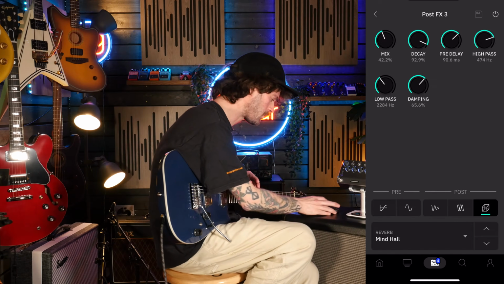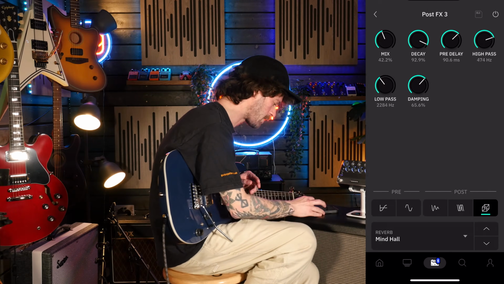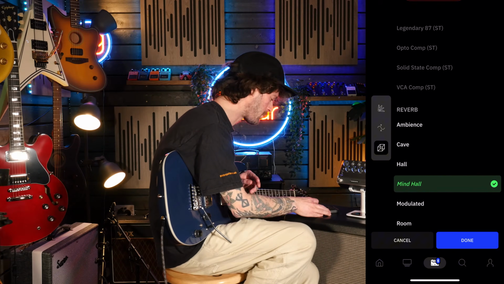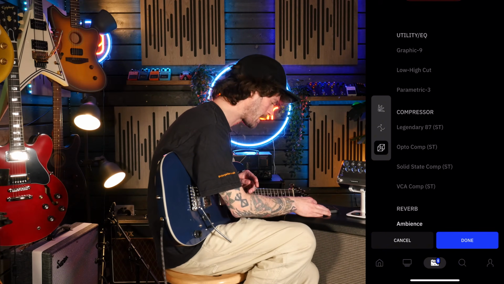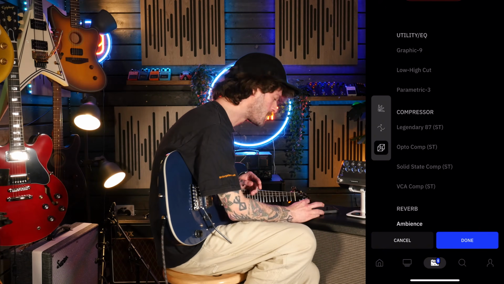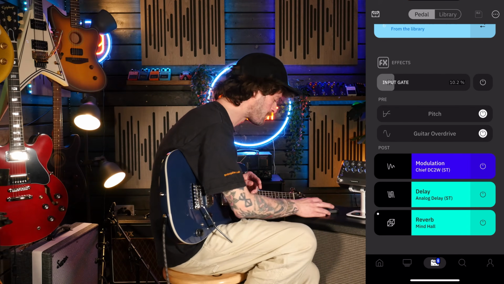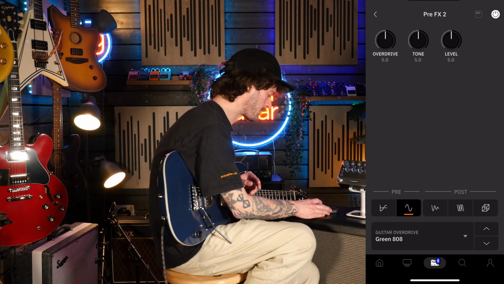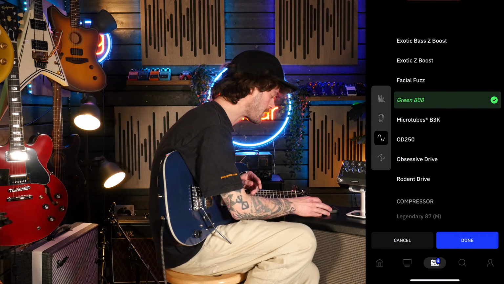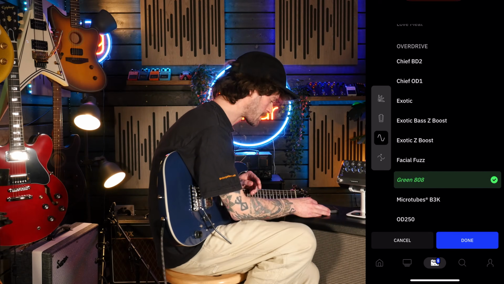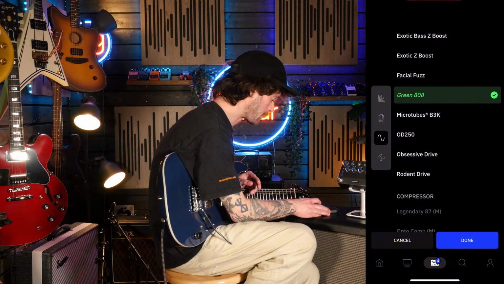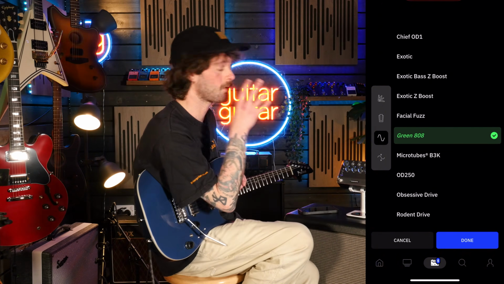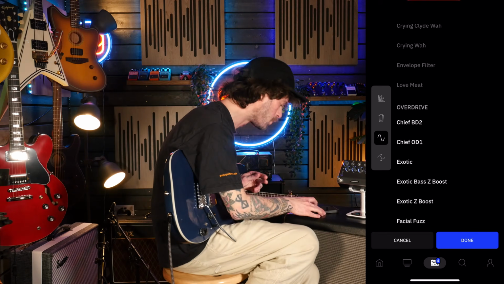But now what they have included, and I'll show you within the actual app here as well, is there's now a massive selection of reverbs, delays, there's now compressors, there's now EQs in there as well. And one thing that I think a lot of people were really excited about was the ability to add an overdrive in there as well. You see there is quite a lot to choose from, including a lot of really cool bass sounds as well. So this is obviously optimized for bassists too.